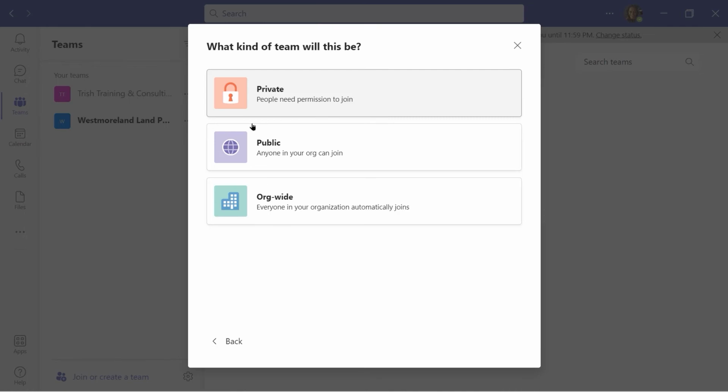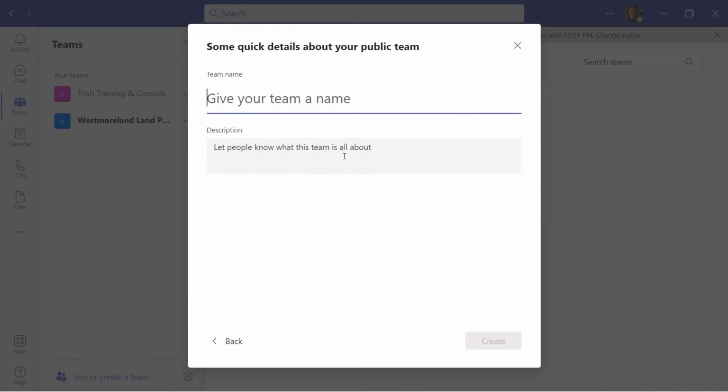I can make it private, so people will need permission to join. Public, anyone in my organization can join. Or org-wide, everyone in my organization automatically joins, right? So I'm going to leave it on private. Well, let's do public. Anyone in your organization can join.